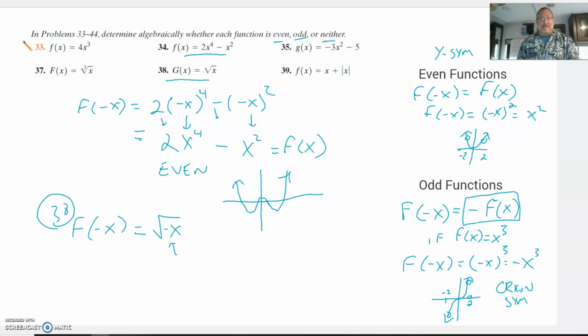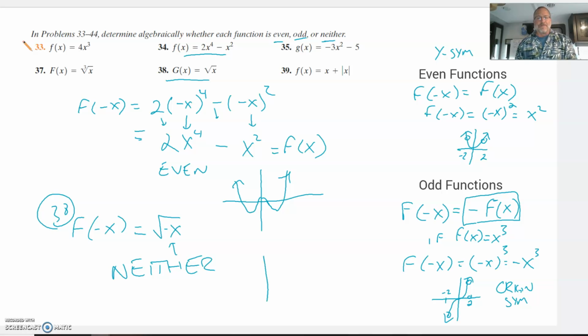It is not, this is what I'm checking for, it is not identical to f of x. No, I couldn't get back to it, couldn't simplify it. And it definitely can't take the negative out of a square root. There's no algebra move for that. So neither one of these happen. I did not get equal to the same. I did not get equal to the opposite of it. So that didn't happen. That means I have a neither, which means this graph is not origin symmetry, and it's not